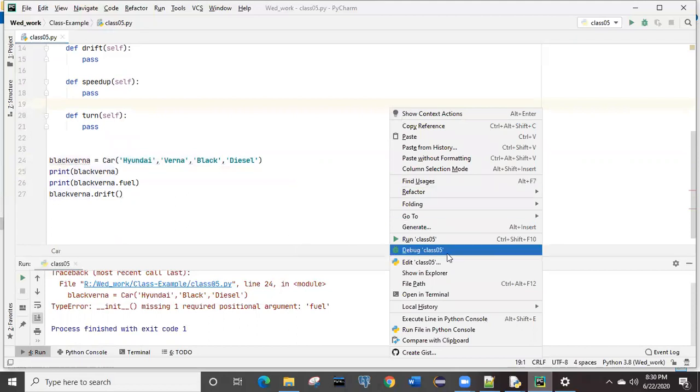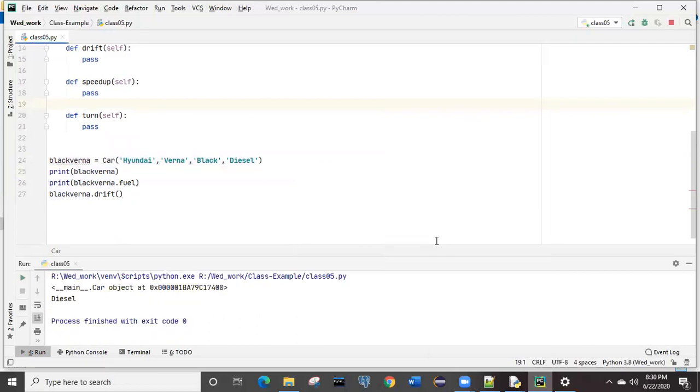We will focus now on line number 25 itself. See, it is giving you the memory location of the object, meaning your object is successfully created somewhere in the memory, and this is the location.